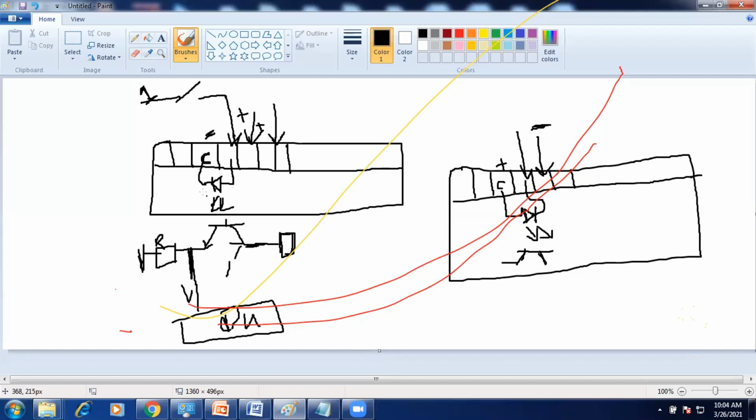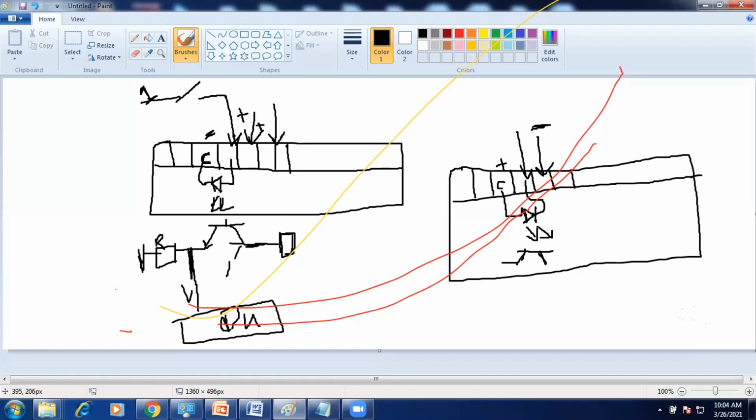When the light is activated, the phototransistor automatically works. At that time, under this collector I am connecting 5 volt. How is it connected? From that input isolation barrier I am giving the 5 volt here. If the LED is not working, the emitter and collector are in open condition.